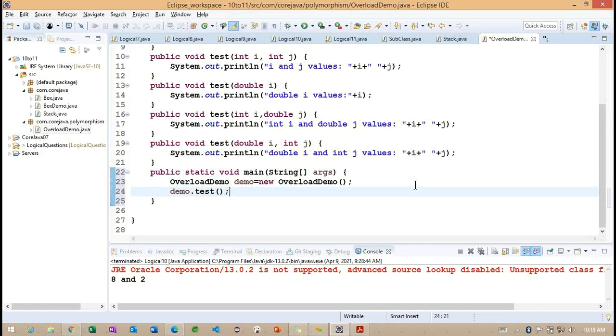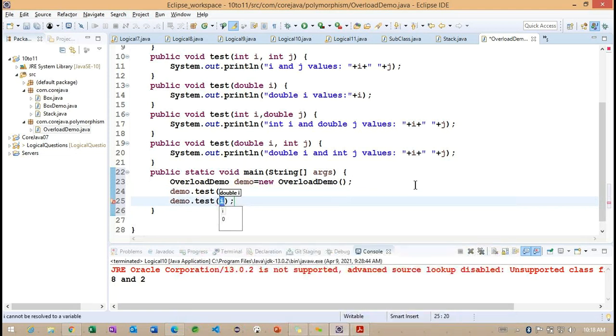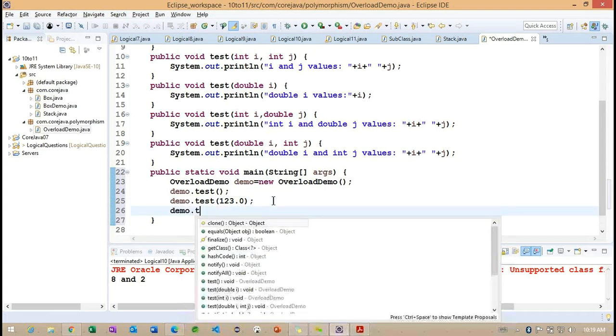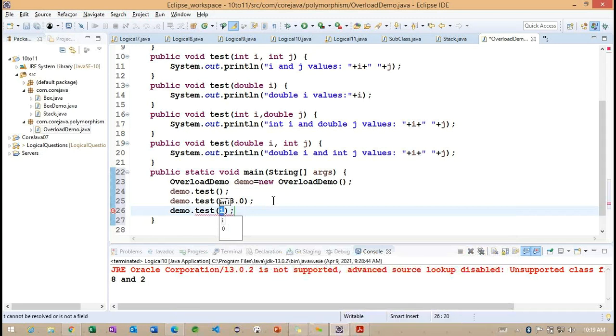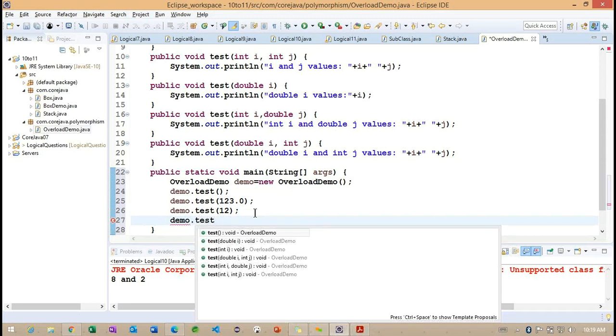Basically, if you are not providing the proper data type value, what happens internally? If we are not providing the proper data type value, what are we going to get? Okay. Now we'll understand first. The first method I'm calling, and the second method I'm going to call takes a double. Instead of double, if you try to provide int data, what happens internally? It is going to call the int type method. So to understand this, first we need to work with the proper data type values. Later we'll check how it changes. Now this particular method expects int data.